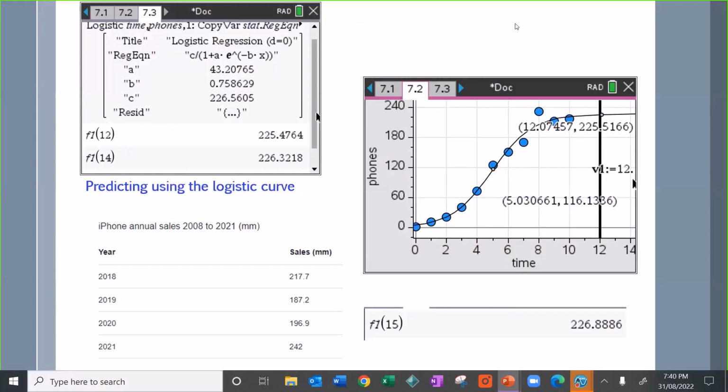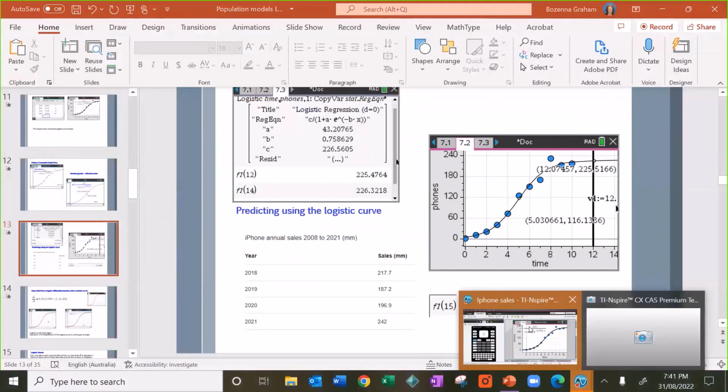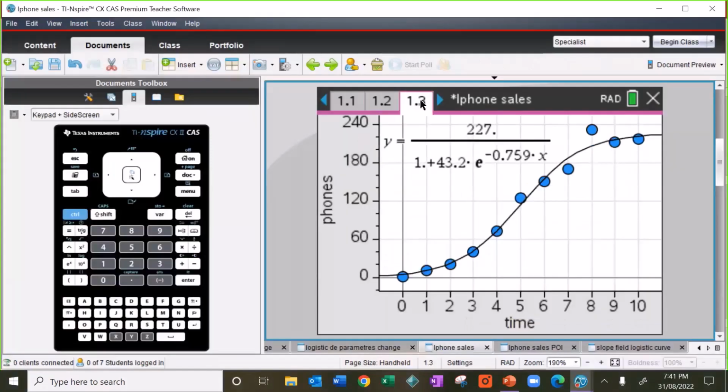Of course, it won't be exactly close, but there is again some scope for a good investigation here. So if I go again to the calculator, this is the iPhone sales data with all the